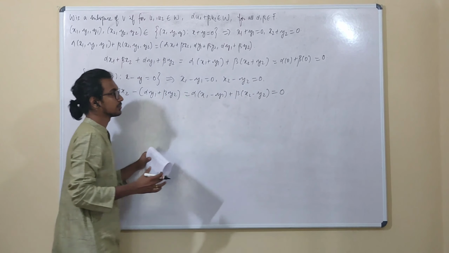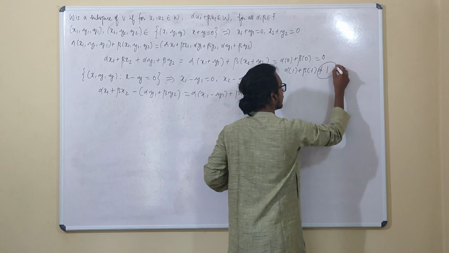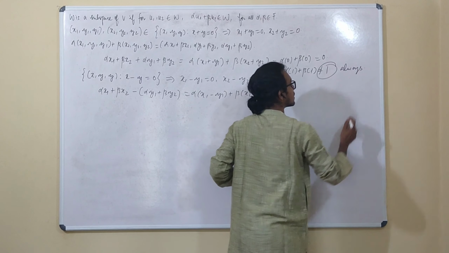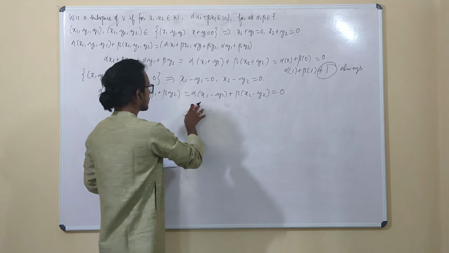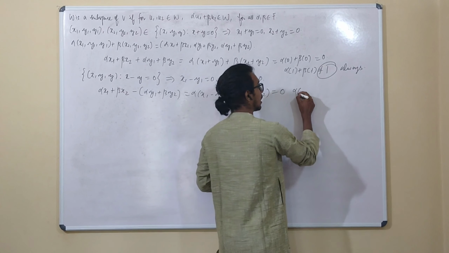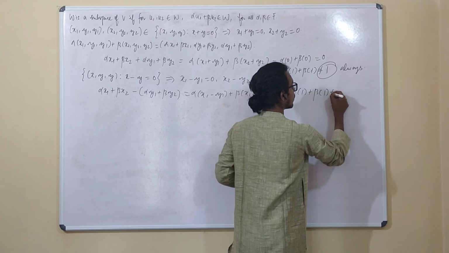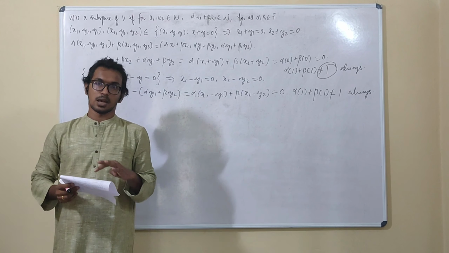In the third and fourth, you can very well check that instead of it being equal to 0, we have 1. So if we have 1, what happens here? Alpha of 1 plus beta of 1, which need not be equal to 1 always. So option 3 is false. It is not true. Similarly, here also, what would you get? In the fourth option, we have x minus y equals 1. So it is also alpha of 1 plus beta of 1, which is not equal to 1 always. So options 3 and 4 are not subspaces.